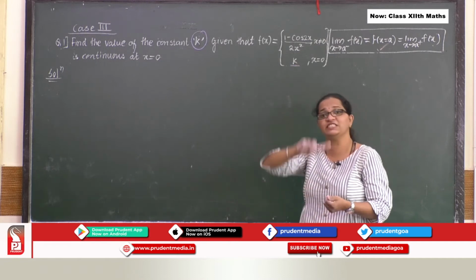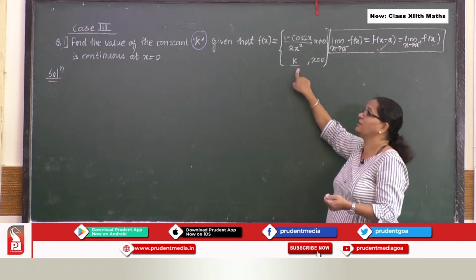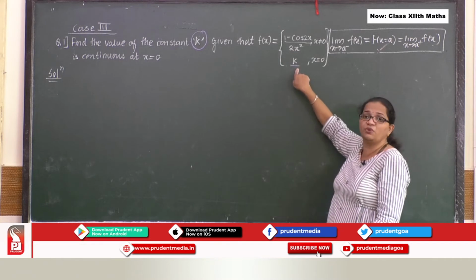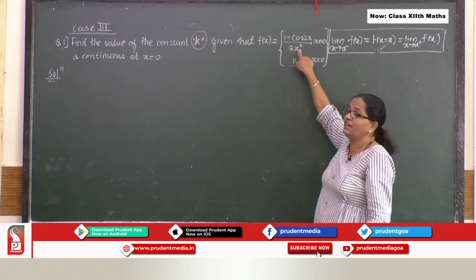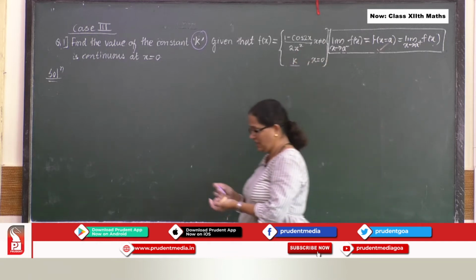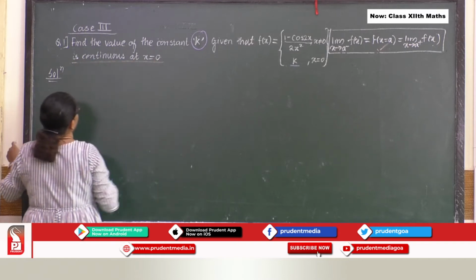So basically it is the first condition. Look at the situation, look at the setup of the function. It is the first condition. In the first condition, what is given to us? Here my left hand limit is equal to my right hand limit, right? So over here I am proceeding further with what is given.